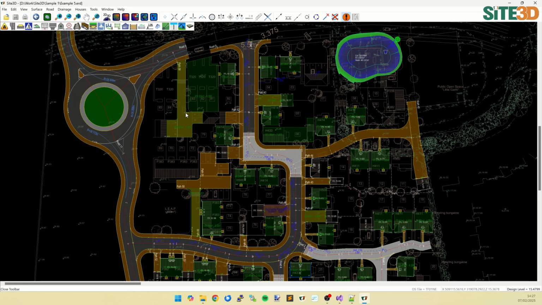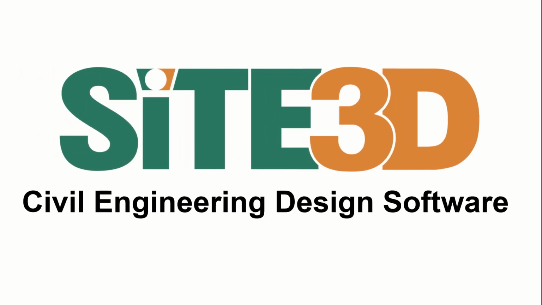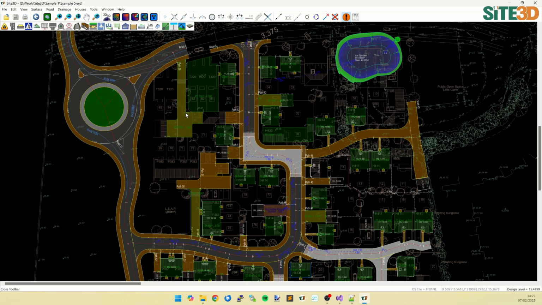It's David at Site3D here, and I'm going to quickly show you the storm simulation graphs in Site3D. I have a storm network here that has already been designed. What I want to do now is run a simulation through it and then query the results